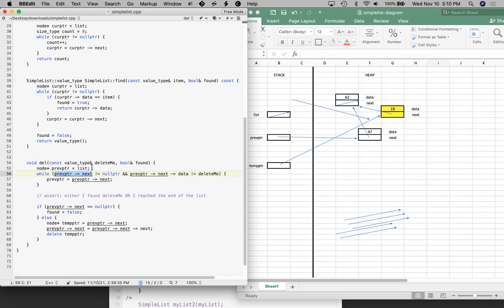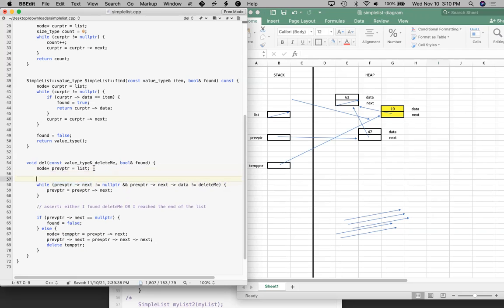So here's what we're going to do. We're going to have to put this whole thing in an if statement. And this is very common in linked list code. You're going to just have a series of if elses to handle all of the special cases before you get to the general case. So if